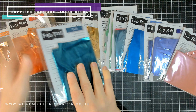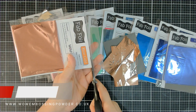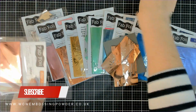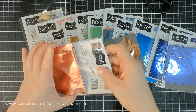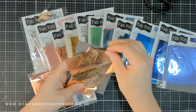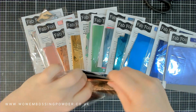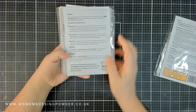So here I am just going through how I like to use and store my foil with these pouches. Now you can get to the pouches by opening the bottom, and it has an adhesive end at the bottom that seals it shut. However, I find I get my foil stuck on that. And if you get your foil stuck on it with the nice side facing up away from the adhesive, it's actually going to adhere some of that foil to your pouch. So instead, I just like to trim the top off, create a little opening, and I can easily get my